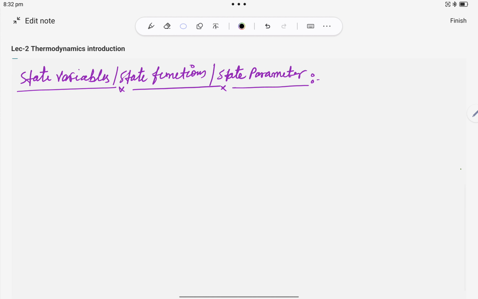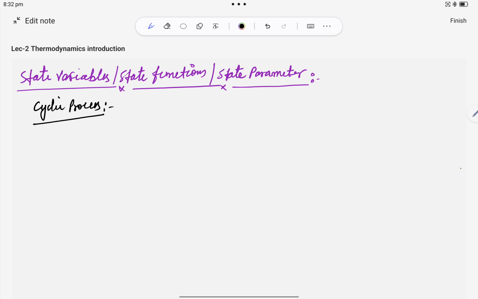So children, now here one important part, here we are talking about the cyclic process. Although when we discuss the different processes, at that time also I will tell you. Cyclic means here the same state,